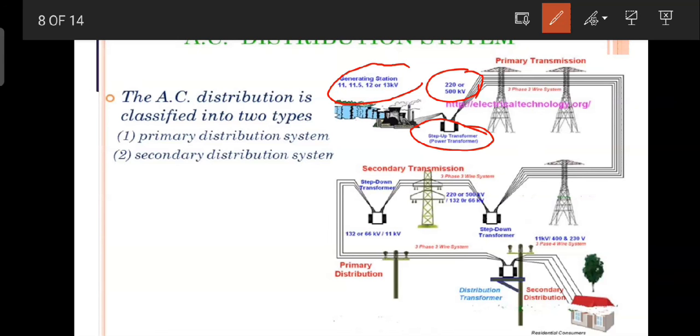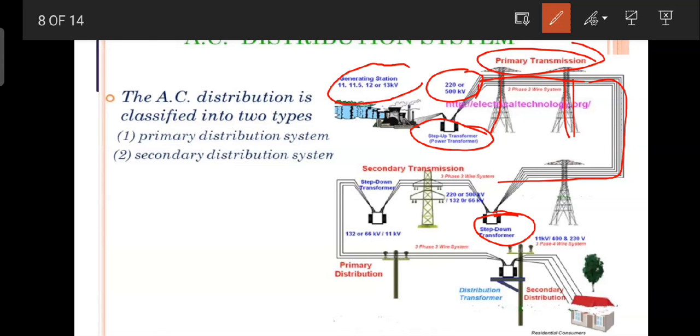Okay, so it is transmitted across the transmission line, and transmission lines are supported by a transmission tower. So there is a transmission tower, this is the primary transmission, and this is the transmission line. Okay, and there is the step-down transformer for our commercial and industrial uses. We have to step down the voltage so that we can use it for our purposes.